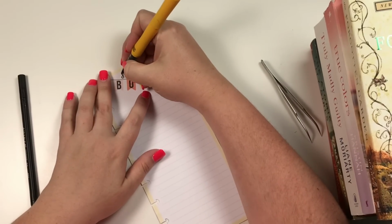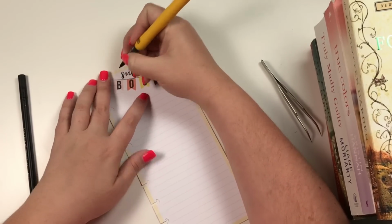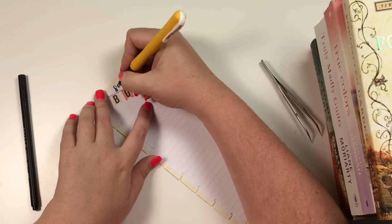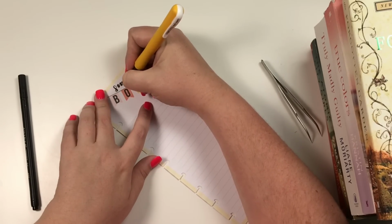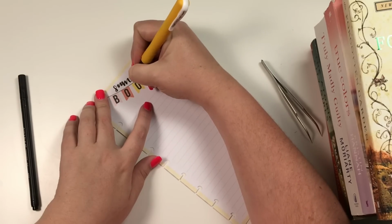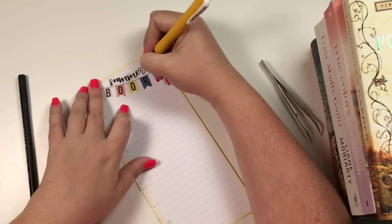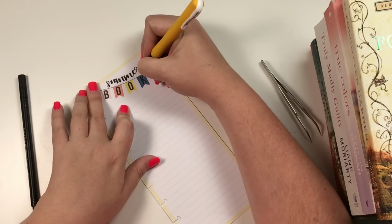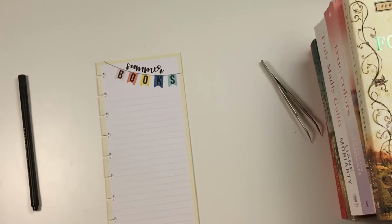So one thing I'm going to do is I'm going to go back and thicken some of these downstrokes just to make it look a little more brush letter E. Okay,